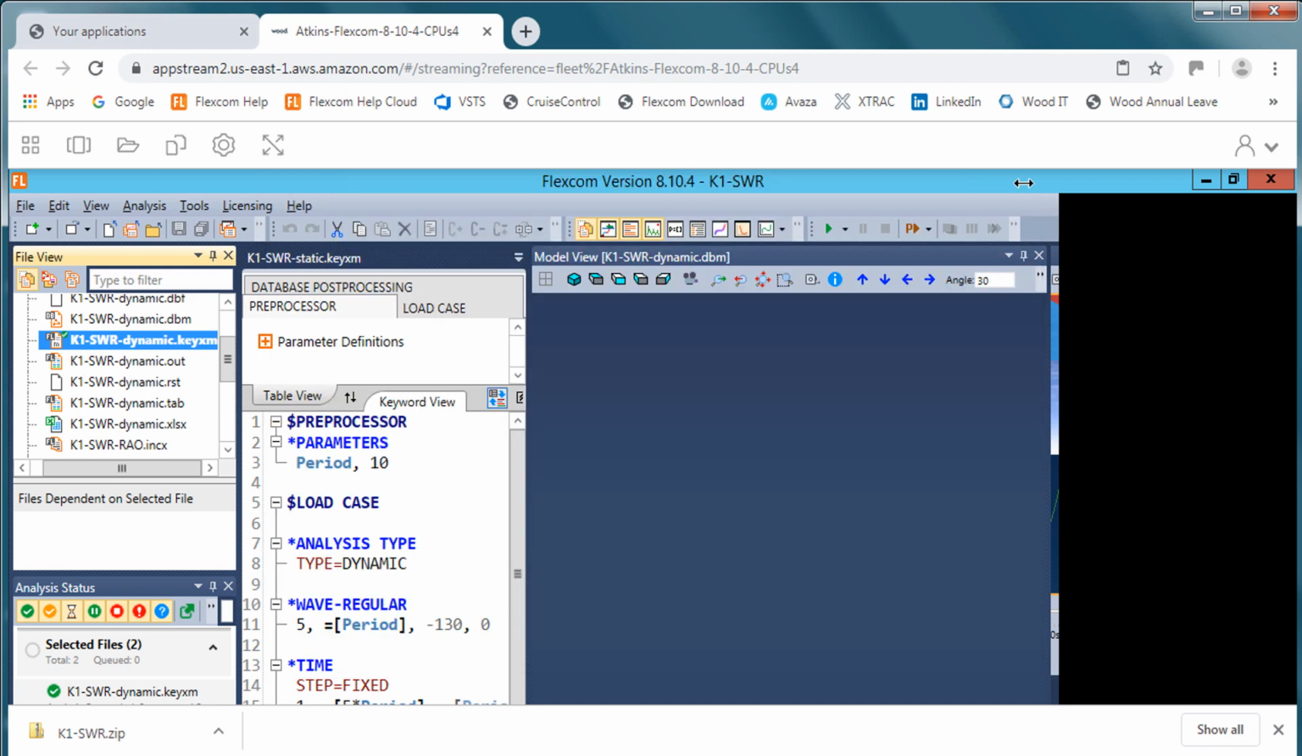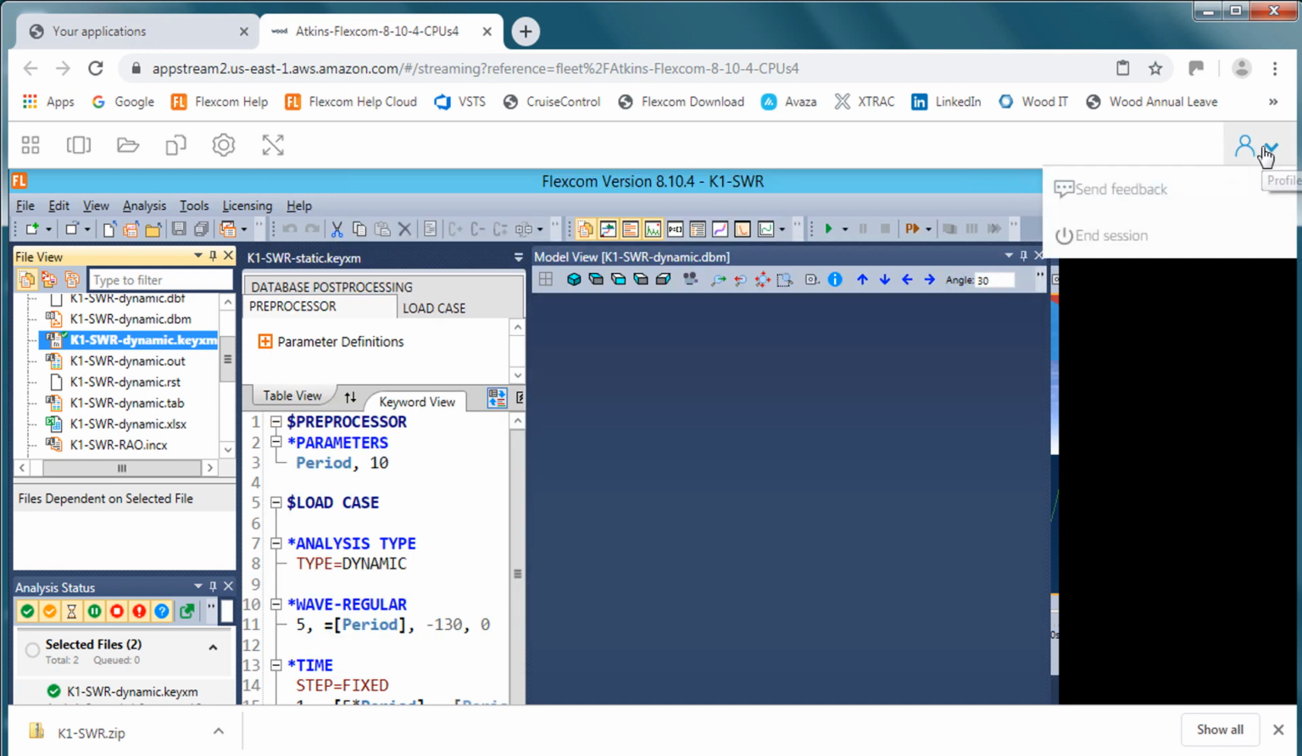Now to leave the cloud platform, you just click on the icon over here in the top right hand corner and go End Session. It is very important that you end the session formally, because if you leave the session open by accident or whatever,